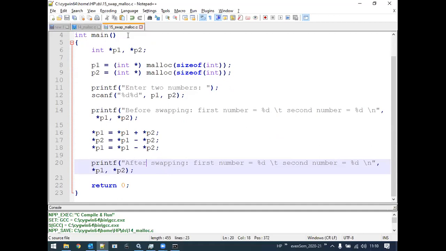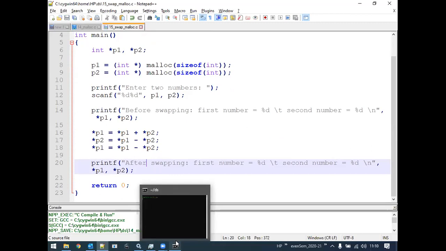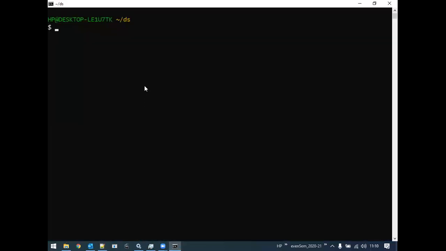Okay. Now, so far I was executing directly through this interface IDE. Now let's go back to the terminal so that you can remember those things. Okay. Now, how do we compile a C program? What is the command we use? GCC followed by the file name. So in this case, it is file number 15. It's compiled. Since there are no warnings or error messages, it means it is free from errors. Now let us execute the program. How do we execute?